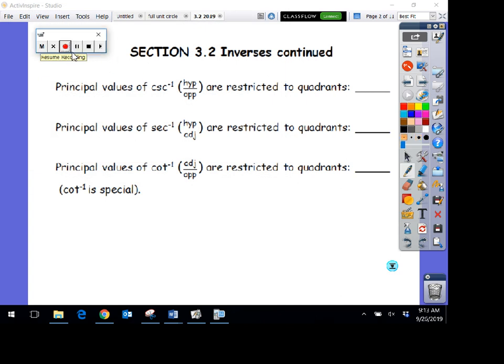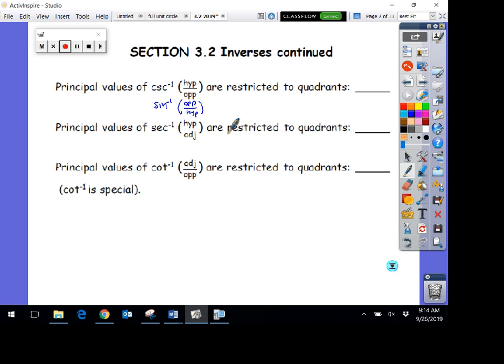We have the reciprocal of sine, the reciprocal of cosine, and the reciprocal of tangent. Okay, so remember, reciprocal is not the reciprocal of the angle. Reciprocal is the reciprocal of the sides. So the inverse cosecant